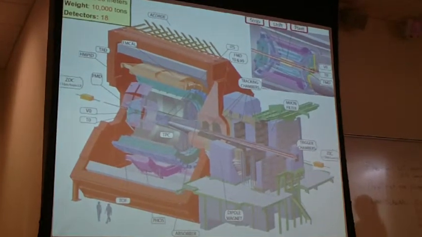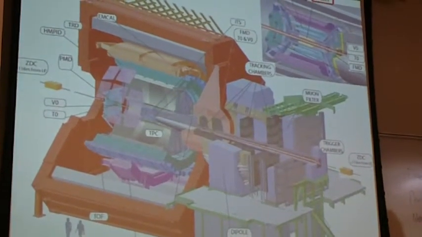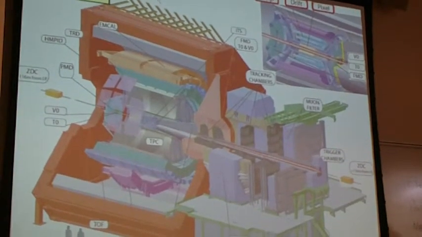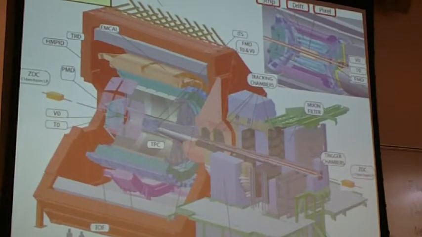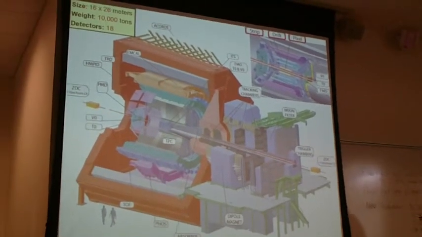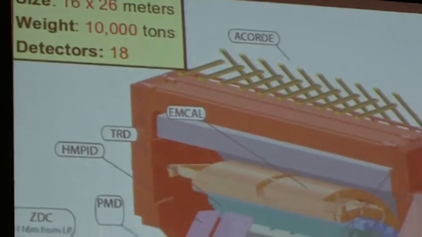And this is an example of one of the large experiments. If you see any high energy talk, they will always show you a picture of the detector. So this is my detector. And it weighs 10,000 tons. Here for scale, you can see what a person standing next to it looks like. And so again, huge scales. These can be a little bit overwhelming at first when you see one of these pictures, because there's a lot of subsystems and they each